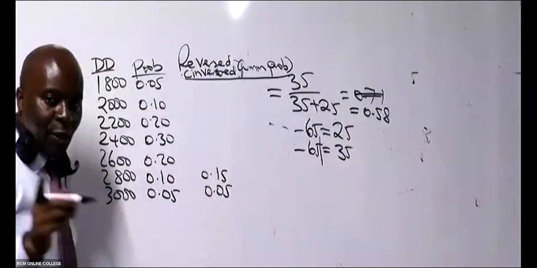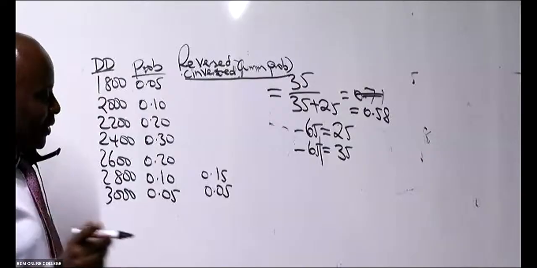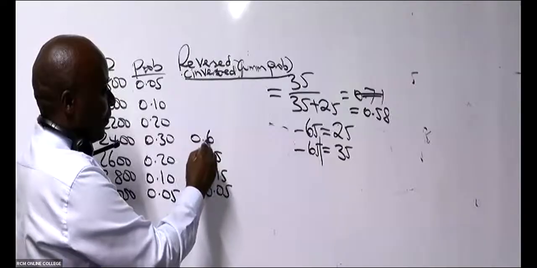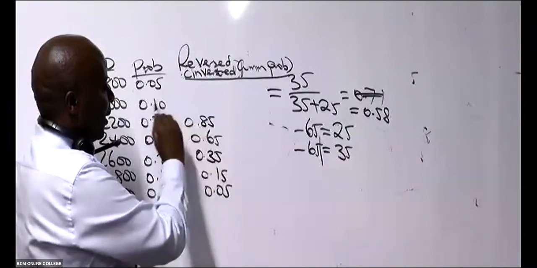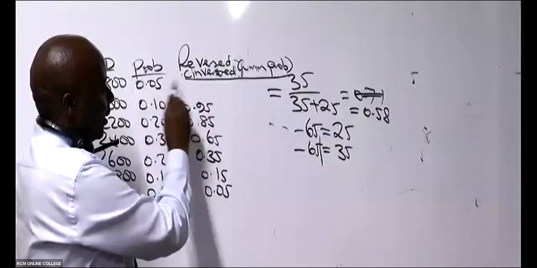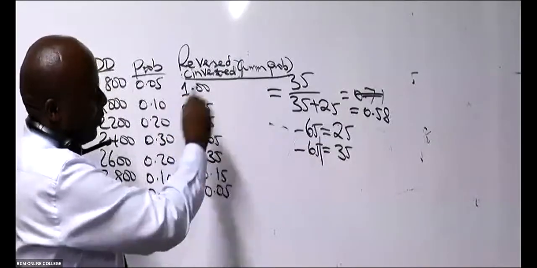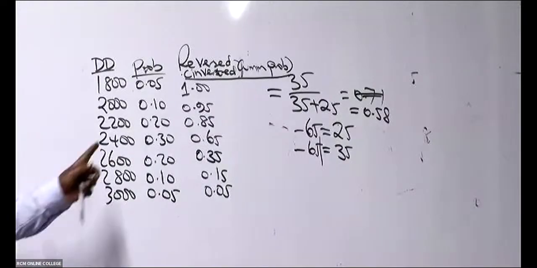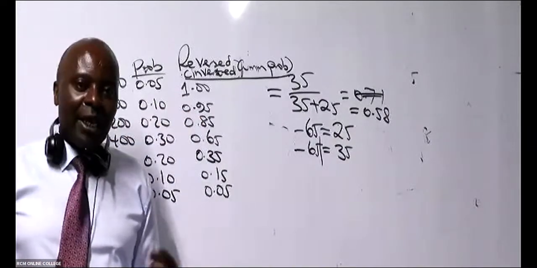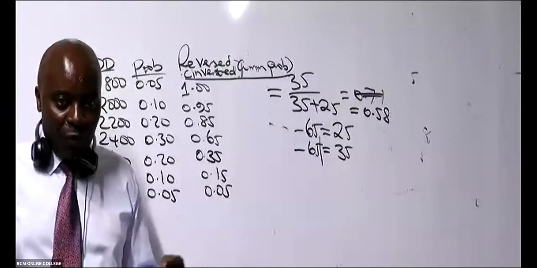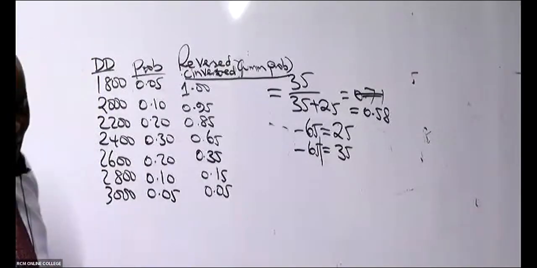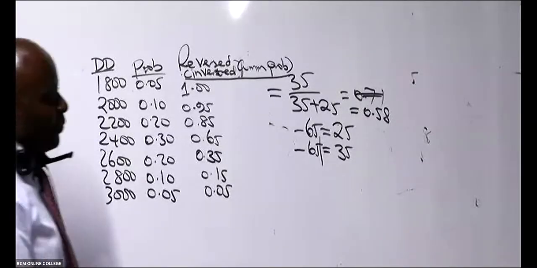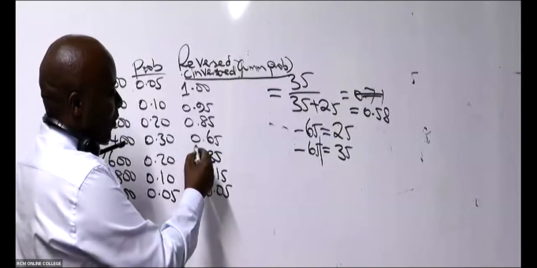The next one, we are teaching together with you. 0.35, and so on, until 1.00, regardless. If the last one does not add up to 1 in an exam, take a red pen and mark for yourself wrong. The last one must be 1. And then now you come and fit in the 0.58 here.